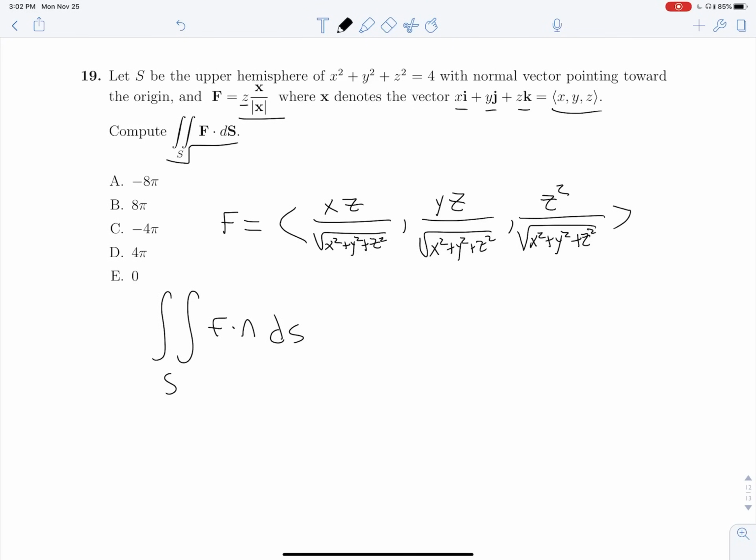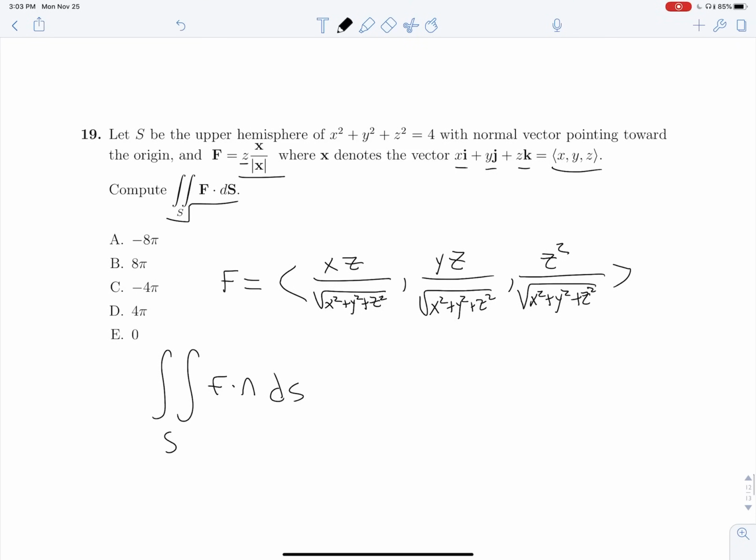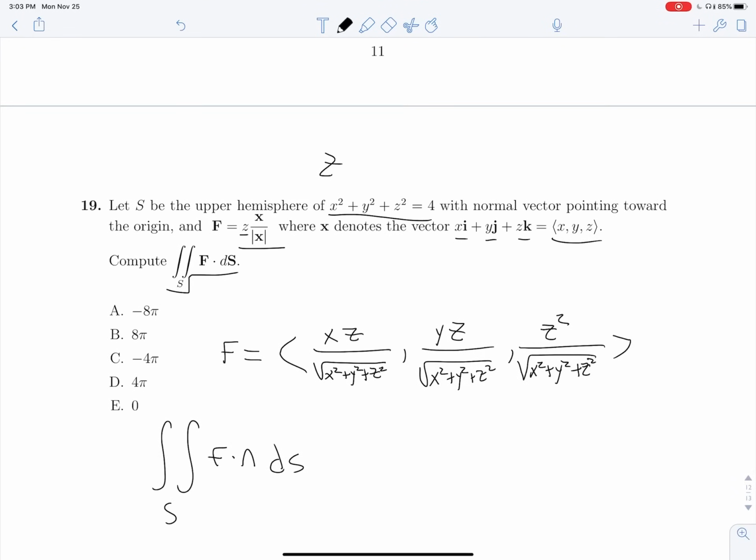So let's find that normal vector. Well, the normal vector to an upper hemisphere, that's not looking too good, but we can express this in the form of z equals. So we can take this thing and say z equals root 4 minus x squared minus y squared, which will be very useful very quick,